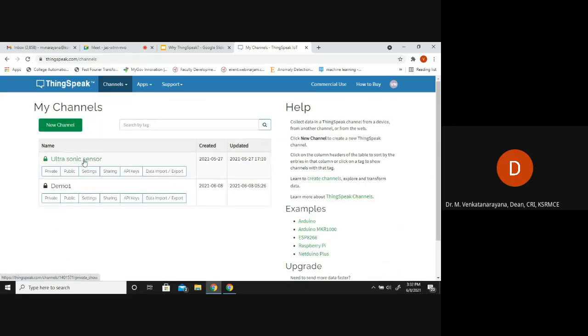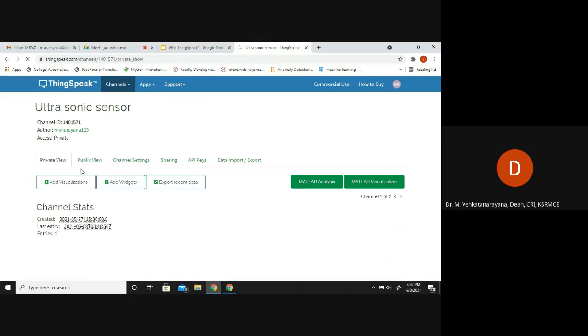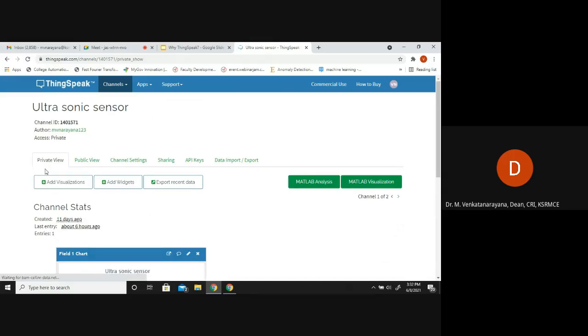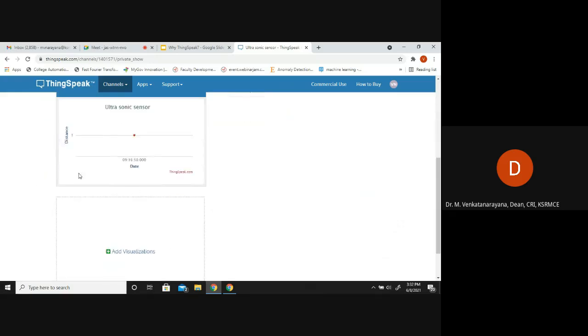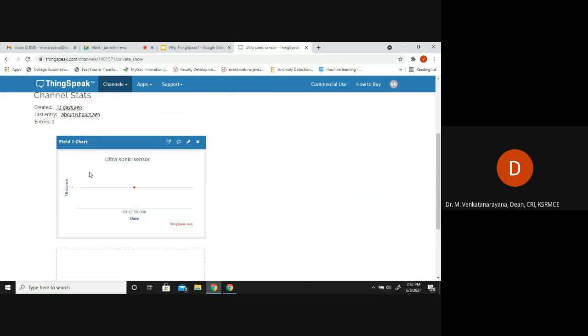So now the channel is created, where we can see channel ID, author name, access, private or public. By default it is private.